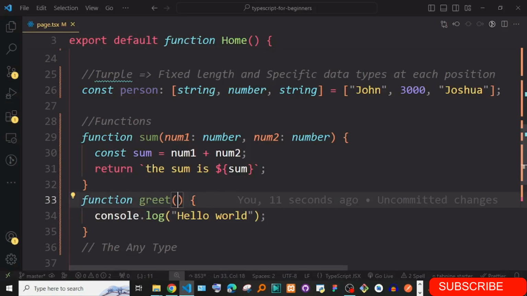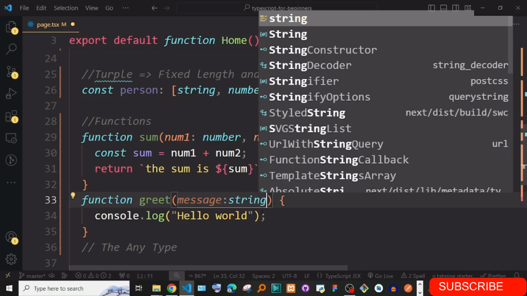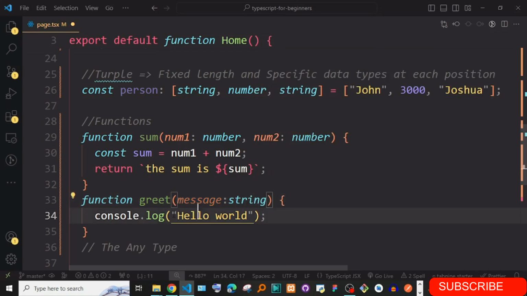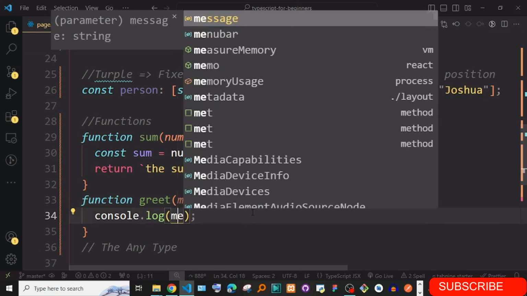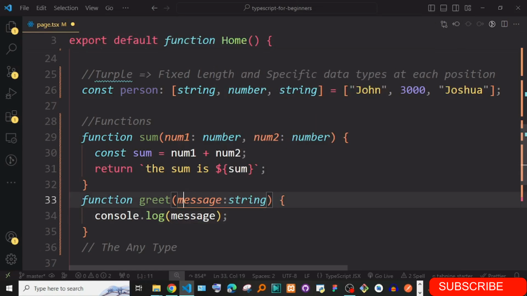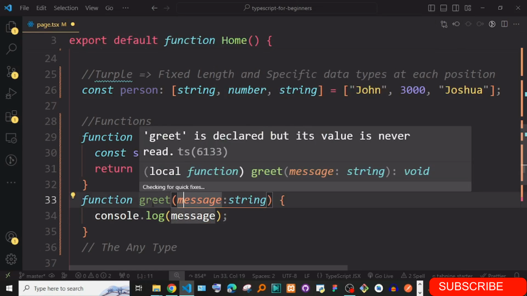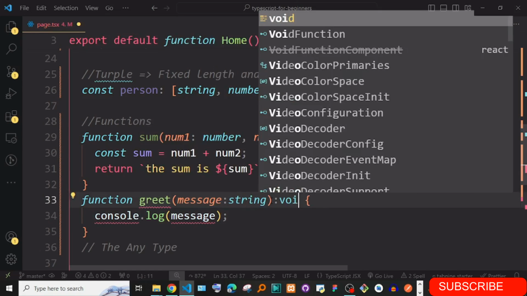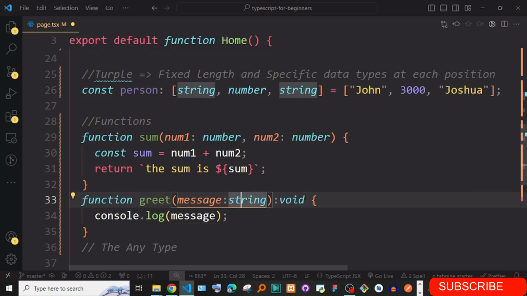It could even just, we can say message, and then we say this is going to be a string, and then if you just say console.log, of course, message, just like this. Still this is going to be giving void, now that you are not giving it, but of course you would go ahead and give void as the return type by yourself. But as I've said, TypeScript is smart enough to see that you are not returning anything, and it will assign this to void.